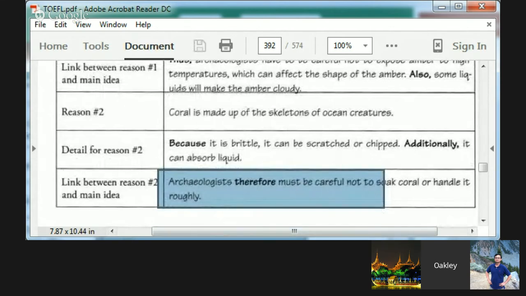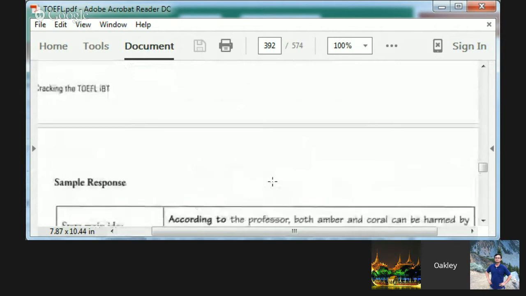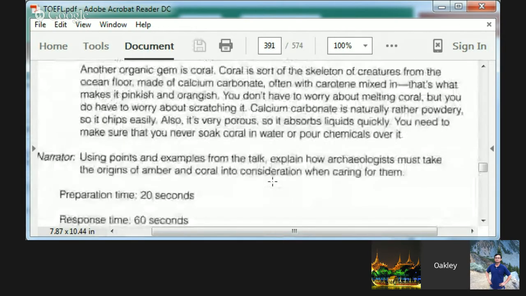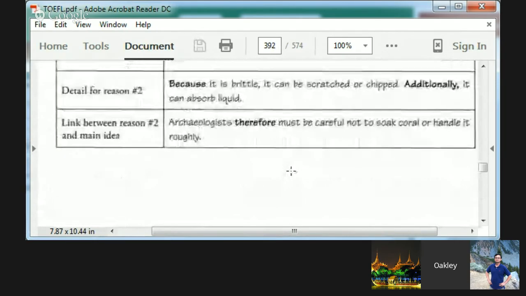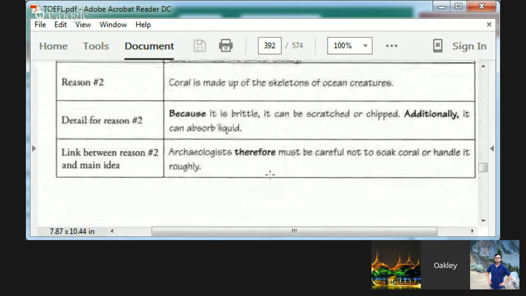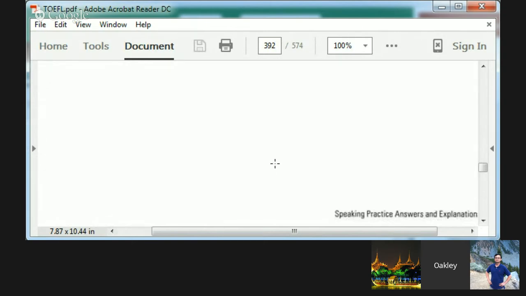Here's the thing. I said Hogan's answer was very good. He didn't get all of these details, but you don't really have to. All right? You don't have to get everything. He misses pouring chemicals over it, for example. It's not necessary to get every single detail. Yeah, Hogan, do you have a question? No, I don't have any questions. Okay.